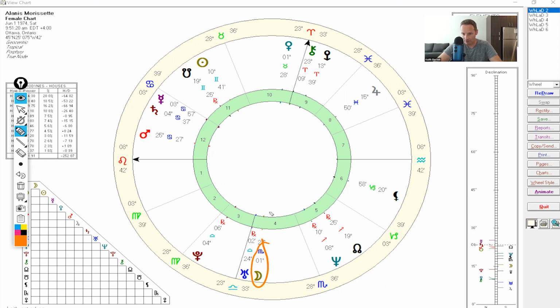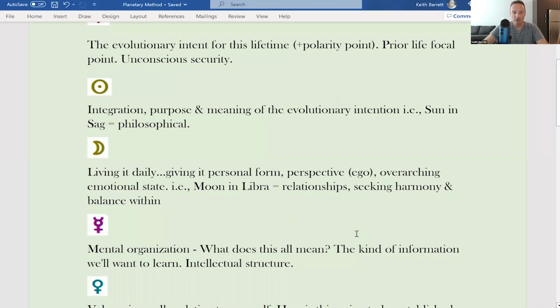I need to understand my emotional dynamics. It's really important to me. 4th house, how she feels inside. And I'm going to pull in Uranus because Uranus is conjunct the moon. But when I get to Uranus, I'll pull that in. So there's the moon. And then if we go back to what I shared prior, then we move to Mercury,